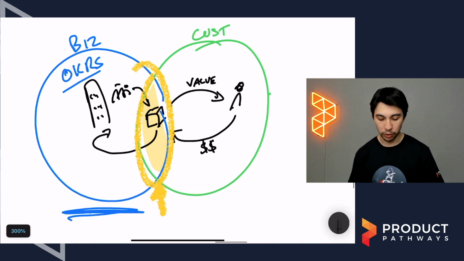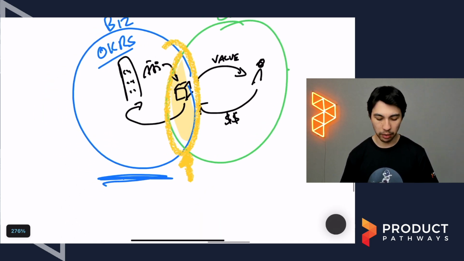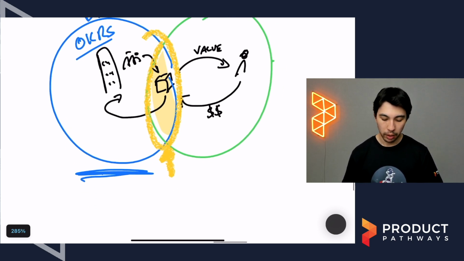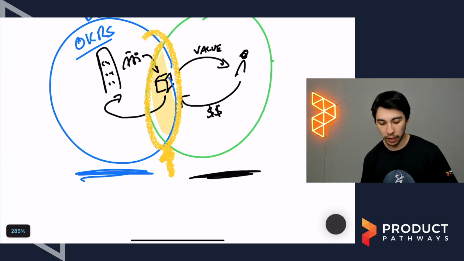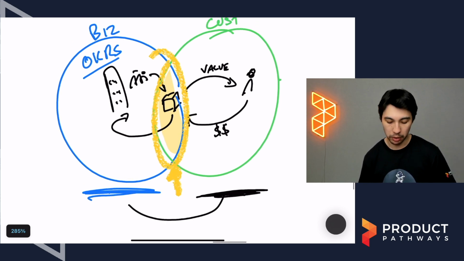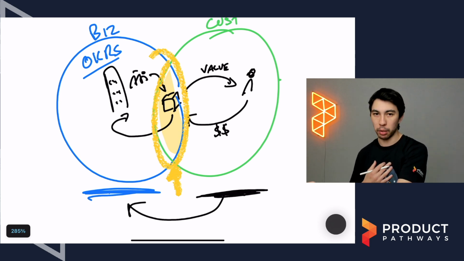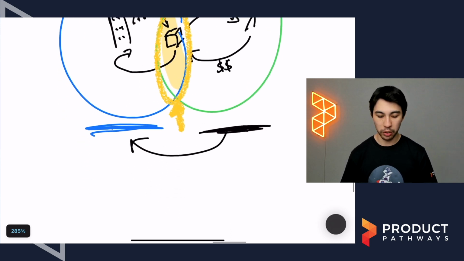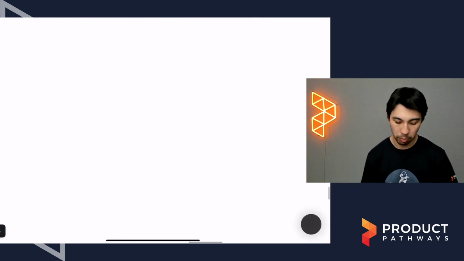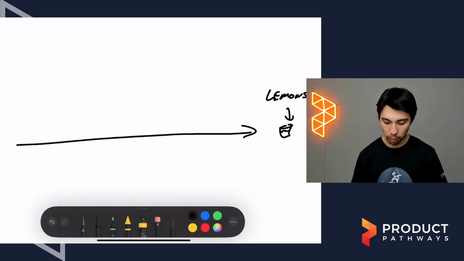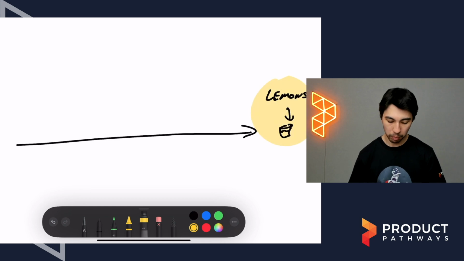Which also often means we're starting to think about things across different time horizons. Now, what do I mean by that? Often measuring the customer side of the fence happens earlier than the business side. So often we give value to our customers, and then it takes some time to realize that impact back to the business. We refer to those things as leading versus lagging indicators. And the analogy that I often use is, let's say we want some lemons to make lemonade, right? And that's what we ultimately want to have one day.